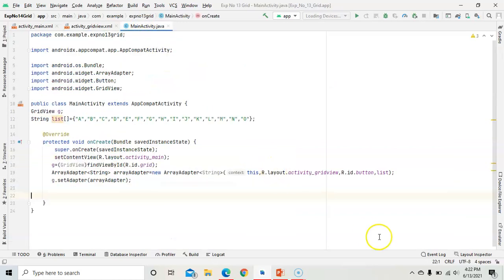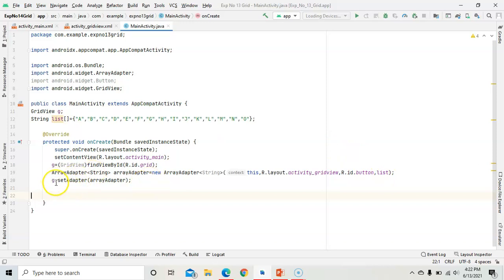This is the same program as the list view, but the only difference is we have taken a grid view, comma list, where list is the name of the array. So these 4 parameters we need to give in the ArrayAdapter class.